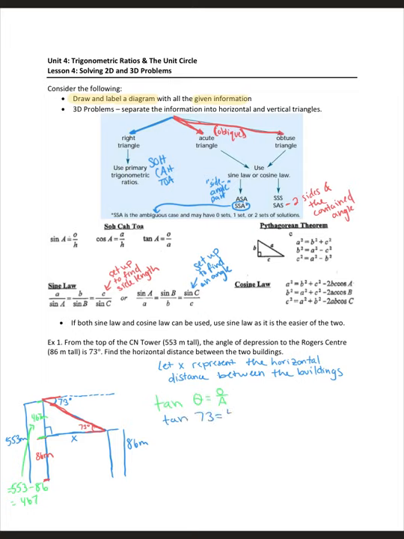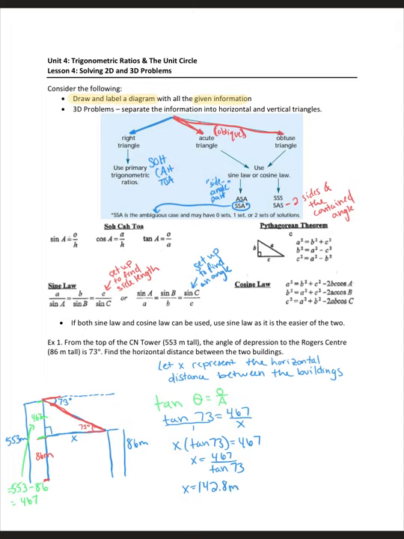My opposite side is 467, and my adjacent side is x. So we'll put that tangent 73 over 1 and cross multiply those. So we'll have x times the tangent of 73 is equal to 467, and then we'll divide both sides by that tangent of 73. And we should find that x is equal to